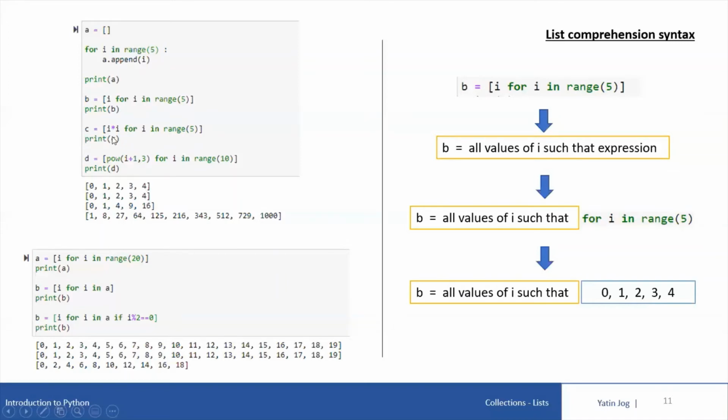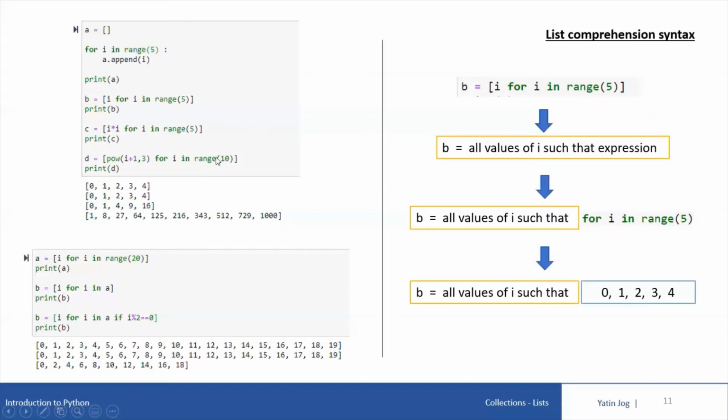Now instead of I square, suppose you want to store the cube of all the numbers between 1 to 10 as a list variable. In a list variable D, you want to store all the cubes between 1 to 10. So to traverse through 1 to 10, your for loop will be for I in range 10. But now what is the problem? If I say for I in range 10, it will take all the values between 0 to 9, because of its range function.